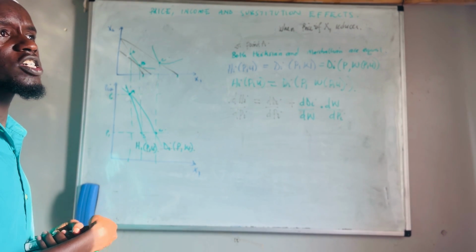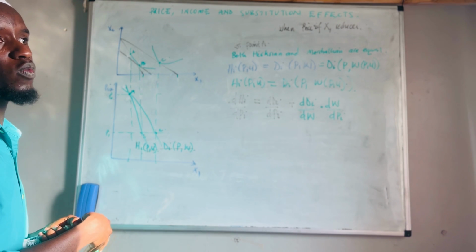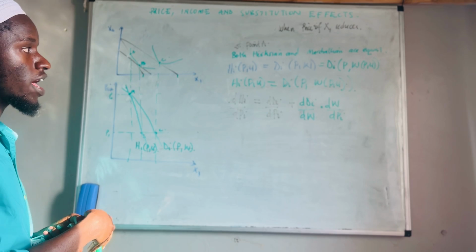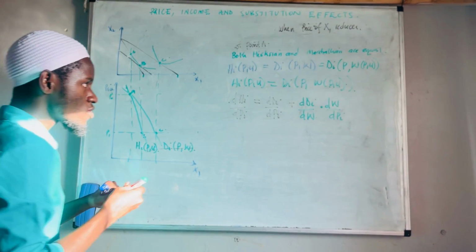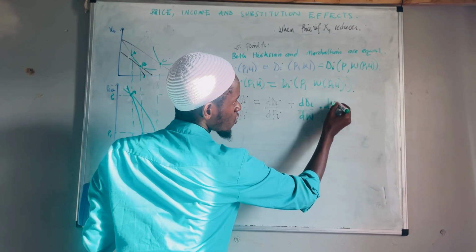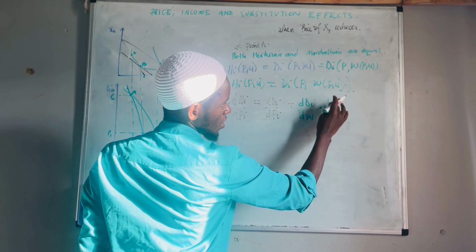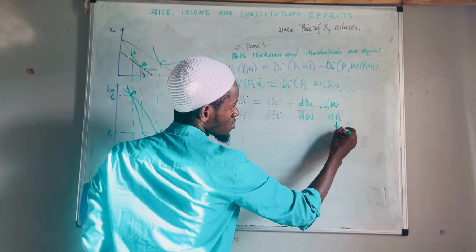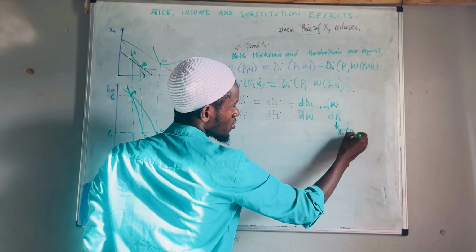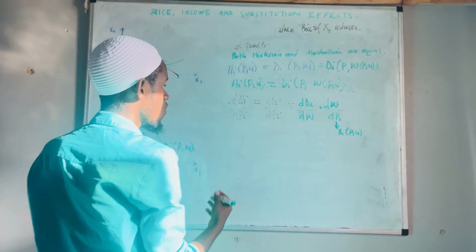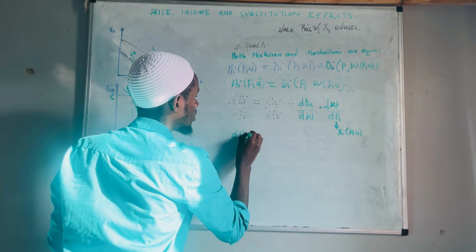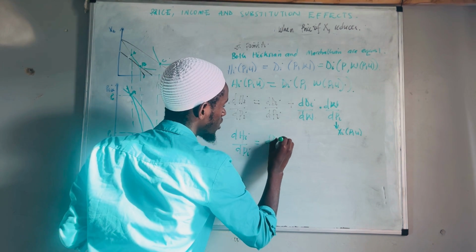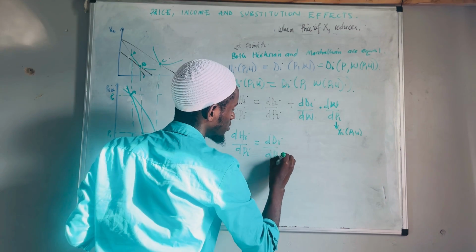If I differentiate the expenditure function with respect to P, I get the Hessian demand function X_i. Therefore, this part, W, remember W is the expenditure function. If I differentiate W with respect to P_i, I have my Hessian demand function X_i, a function of P and U. Therefore, my dH_i/dP_i is the same thing as dD_i/dP_i